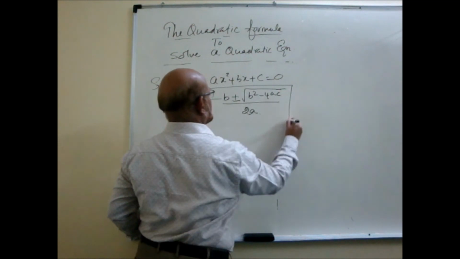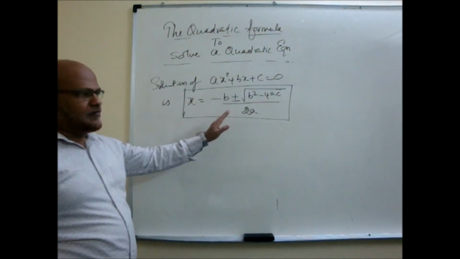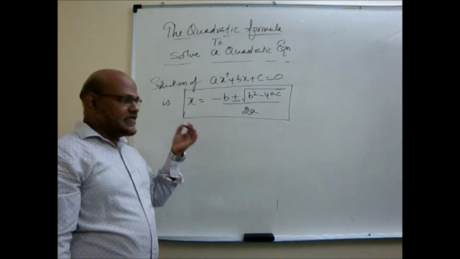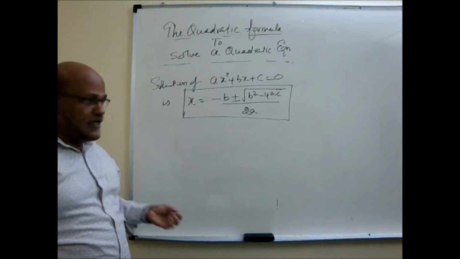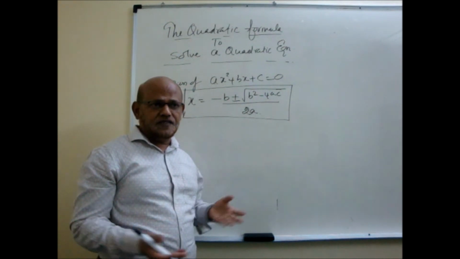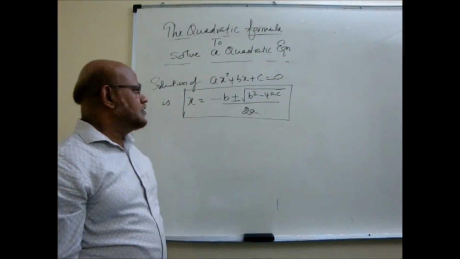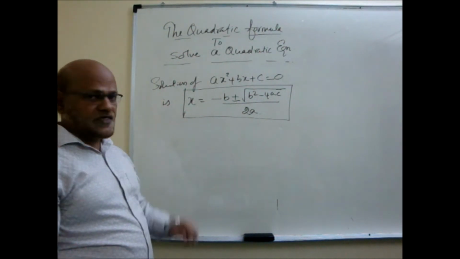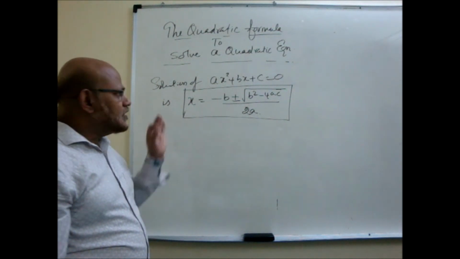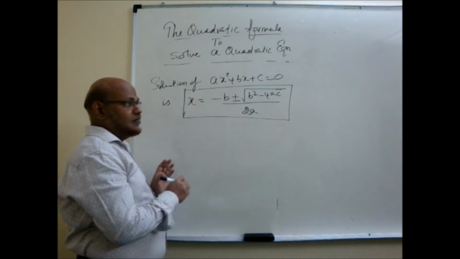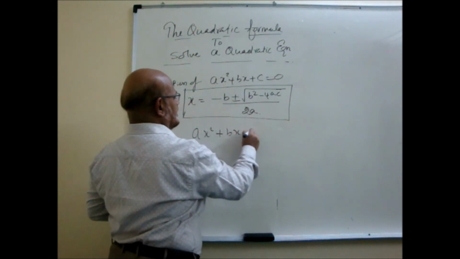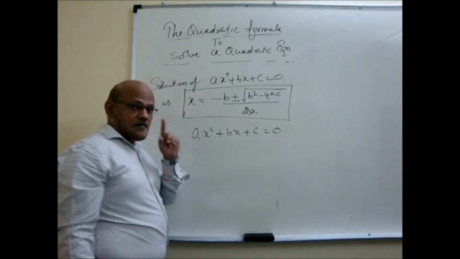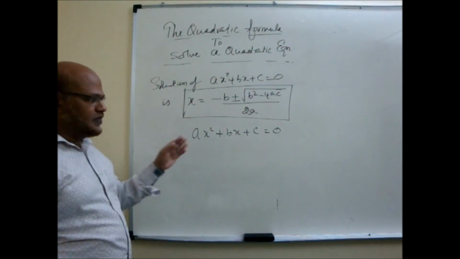Suppose you have an equation, you directly apply the formula and get the instant solution without doing the completing the square method or any other method. Whether it is factorizable or non-factorizable is not our concern. Now let's see how this formula is working and how it comes. We take a general equation and apply our completing the square method. See how it comes.